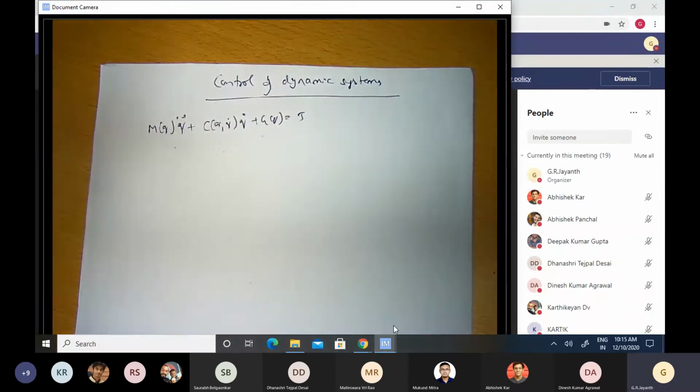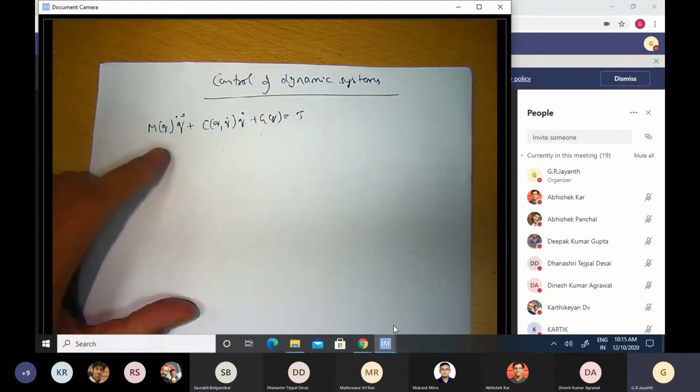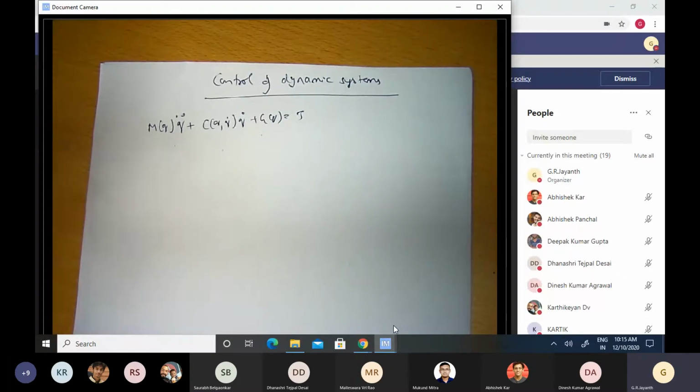Okay, so from this point forward, we will wear our engineer's hat a lot more proudly than we have been doing so far, and see how we can control dynamic systems, or in other words, systems whose equations appear like the one that I have shown here. And we have been moving in this direction gradually all along.